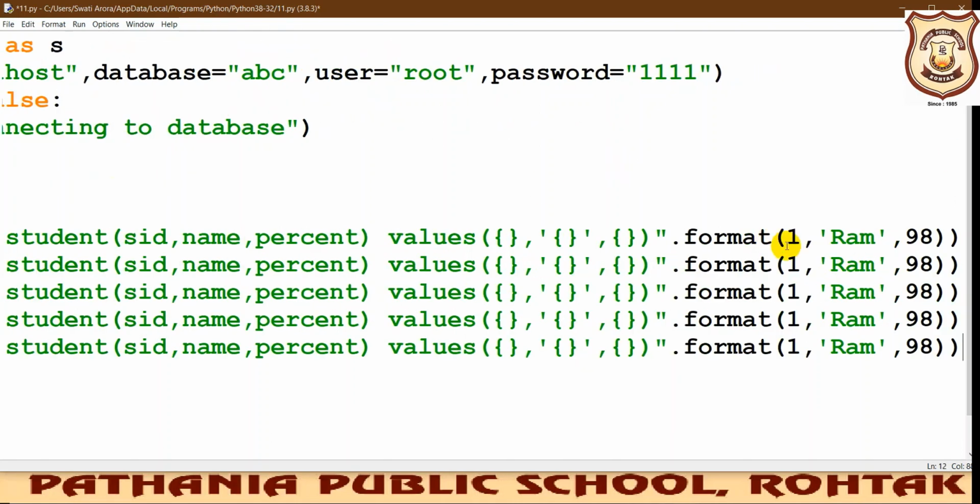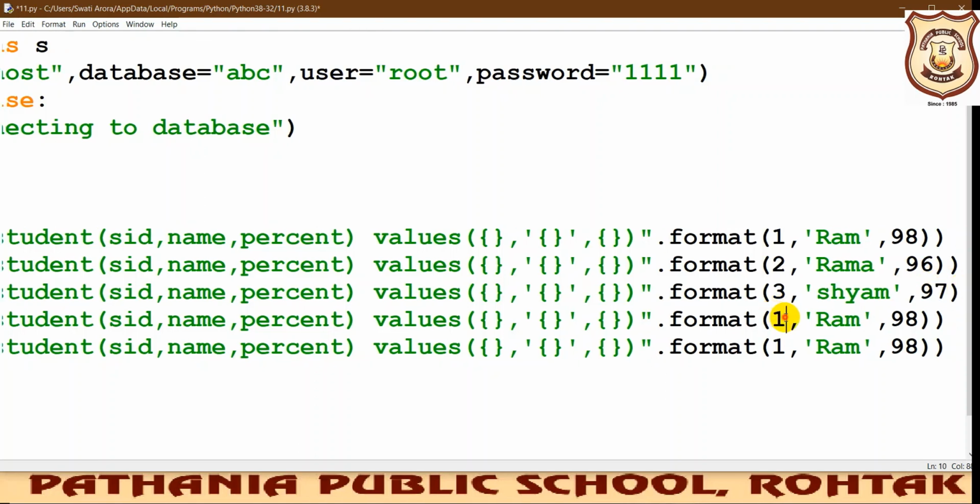So now I'll be changing the data inside it. Otherwise we need to write the same line again and again. Let us say his name is this and the percentage he has scored is this, SID is this, let us say the name is Sham. Okay, and let us say percentage is 97.